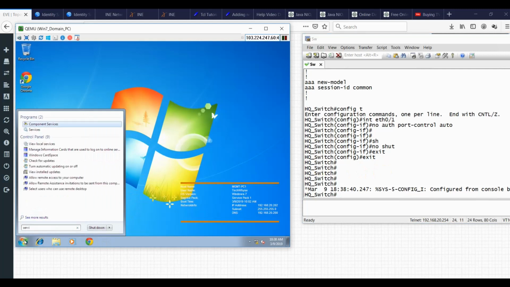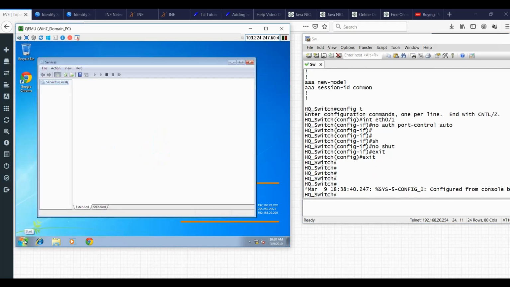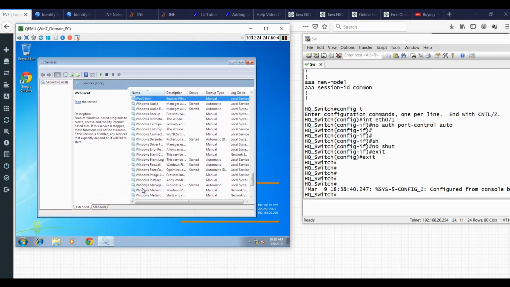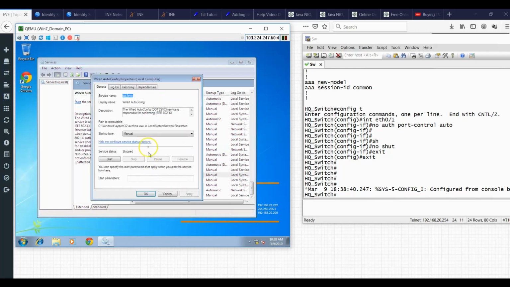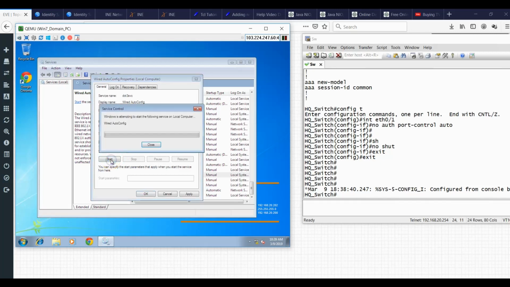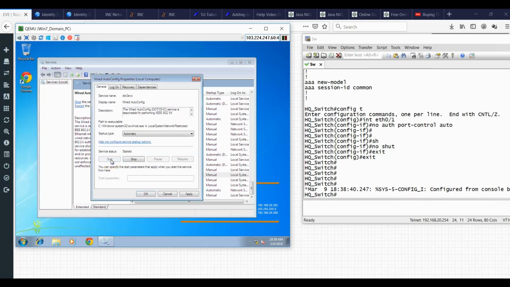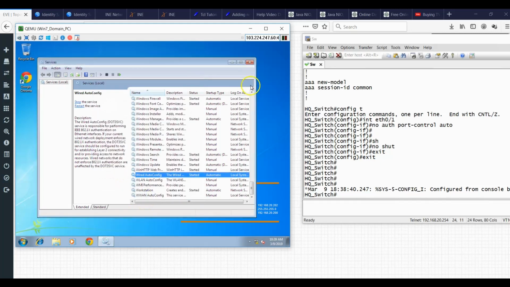So I'll do services, Wired AutoConfig. I'm going to put it on automatic. It's better I put on automatic. I don't want it to be on manual. If it's on automatic, whenever you restart or shut down your system, .1x picks up automatically. You don't need to come back here again. So I've enabled my